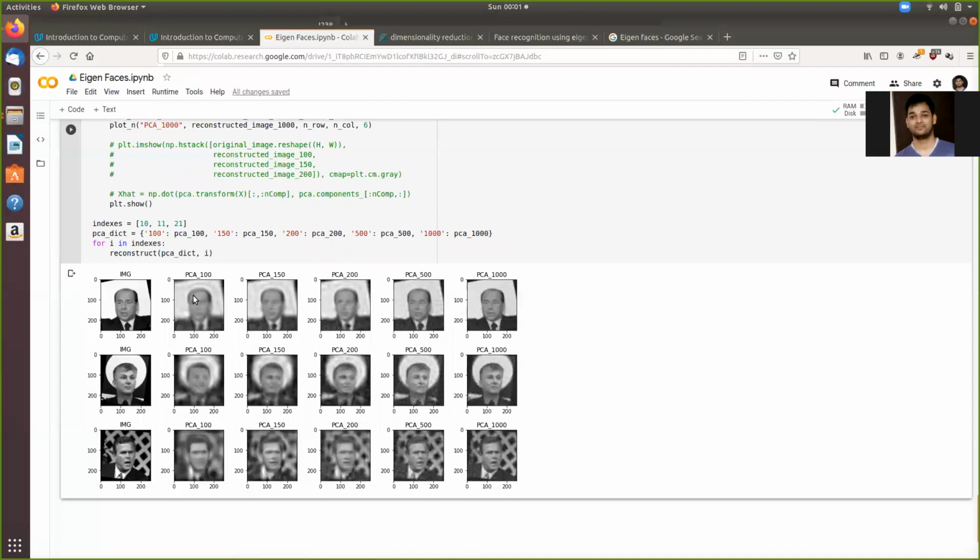When we try to reconstruct using 100 different components, you can see the blurry image. With 150 it's slightly getting better, 200 slightly more better, 500 much better. It's a crispier image. In case of 1000, we can see almost all the distinct